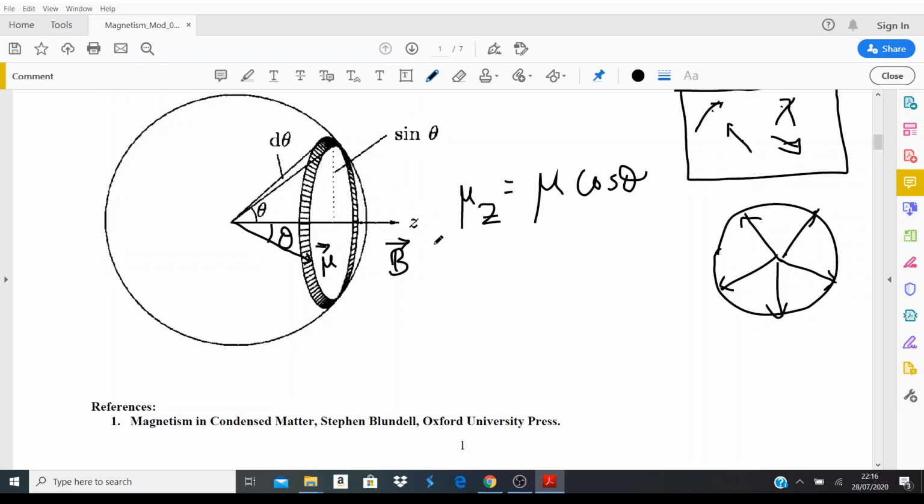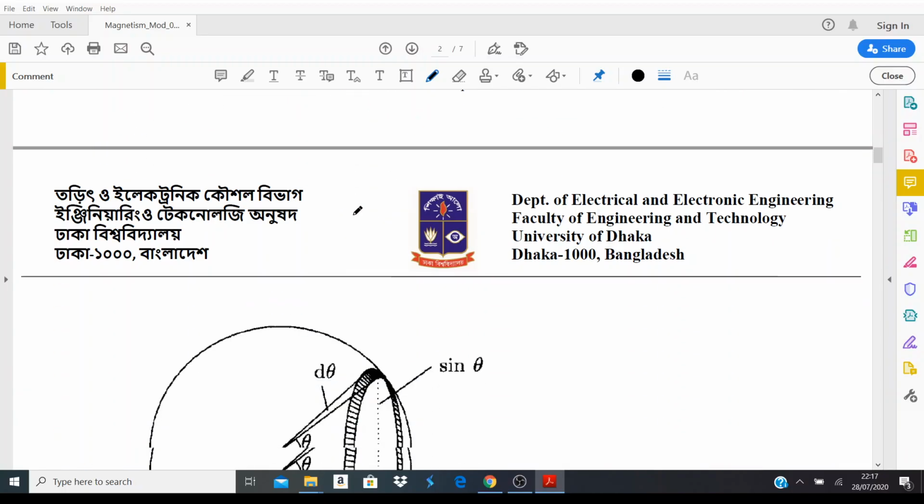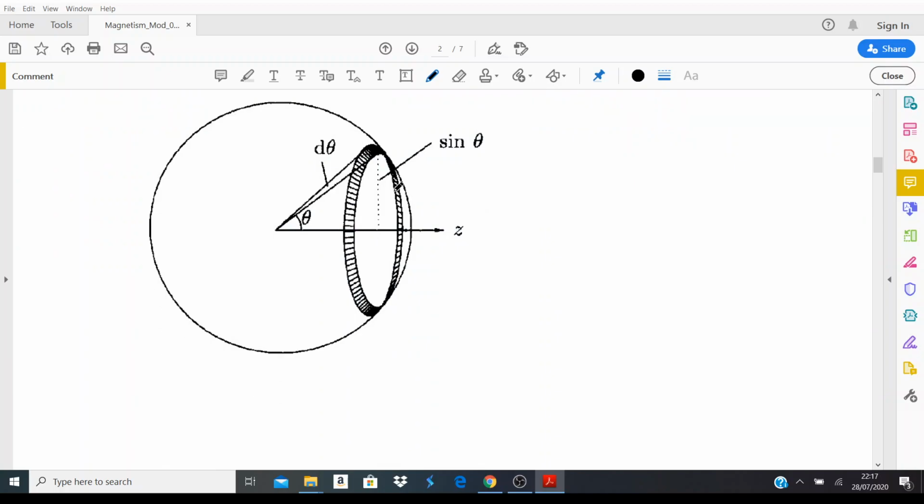Because you can draw some right angle and you can see it along this we have mu cos theta, right? And if this is mu. So that's one important thing to remember, that we are trying to calculate the dipole moment along the z-axis, right? Okay. Now, the next thing that we should discuss about this structure,